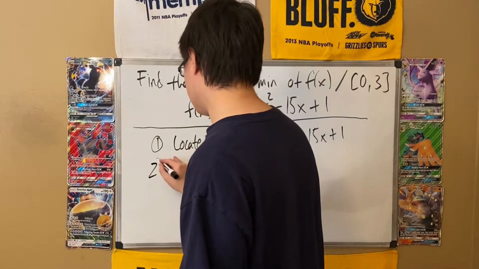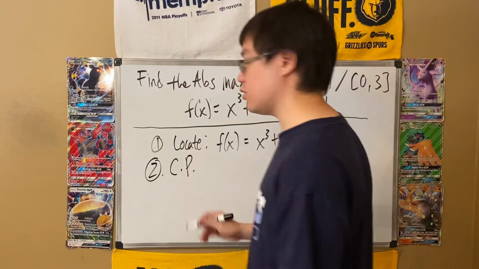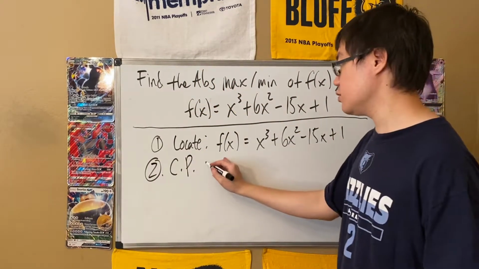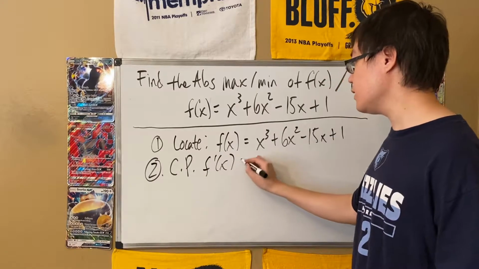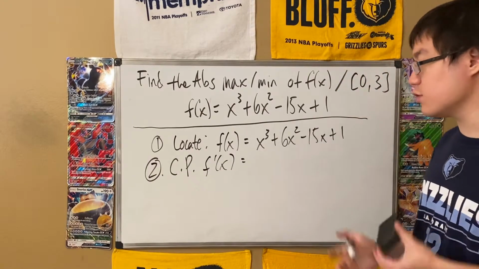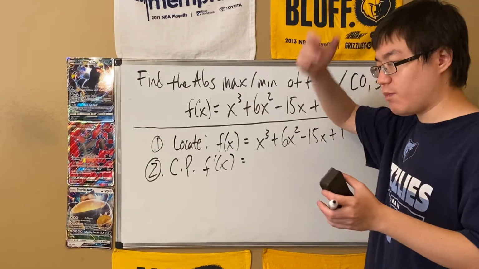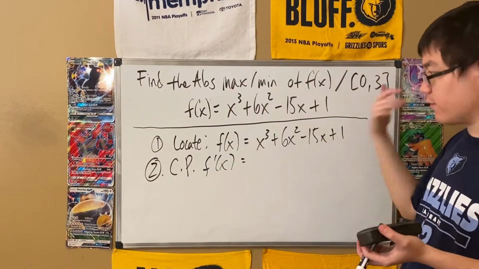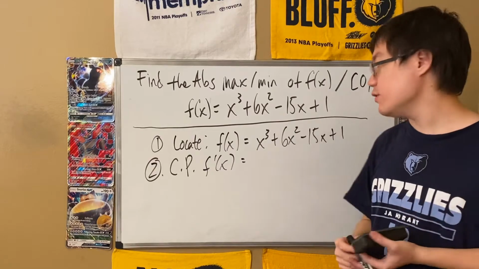Step 2 is take the derivative. This is the key step. It's really take the derivative and set it equal to 0. So these are our critical points. Let's take the derivative. Here we're using the power rule, of course, no product rule, where you just take the power, drop it to the front, subtract 1 from the old exponent. So it's going to be 3x squared